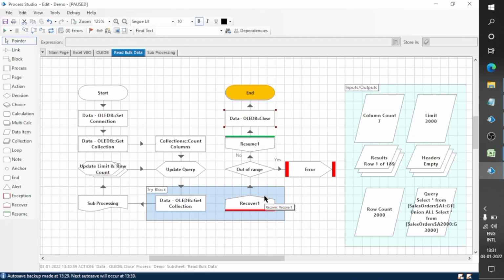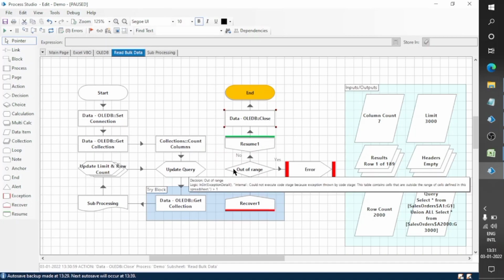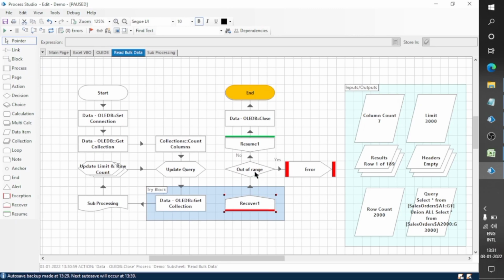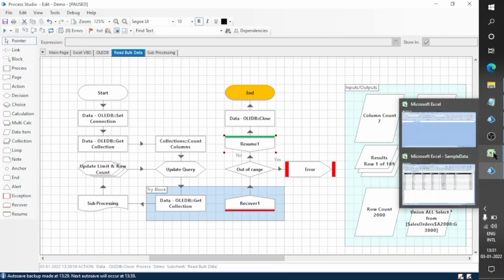If the error message contains another error, or any other issue occurs, then we will throw the exception; else we will resume the flow and close the connection. So this is how we can read all the data with the help of this logic. We will read the data in batches, process the data, and then fetch the next batch.